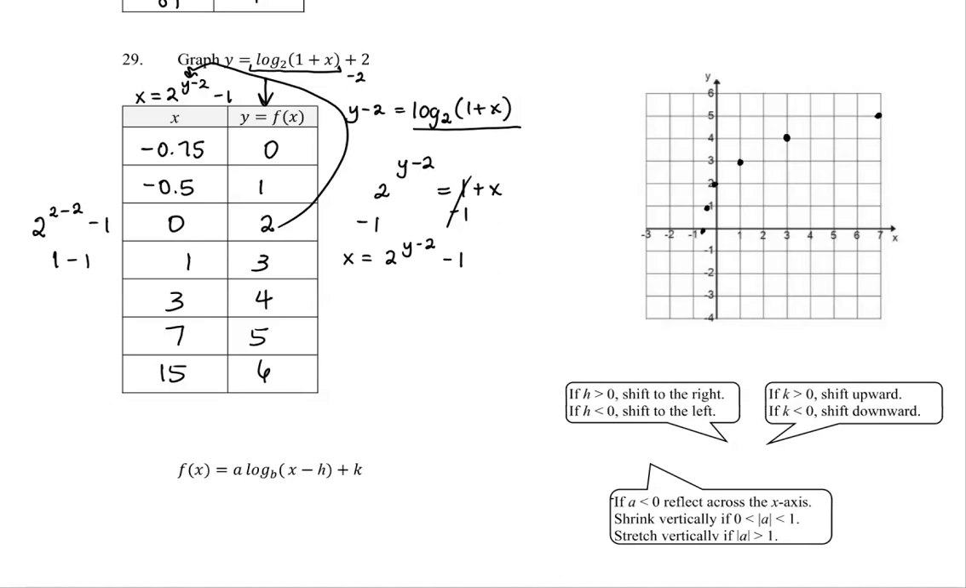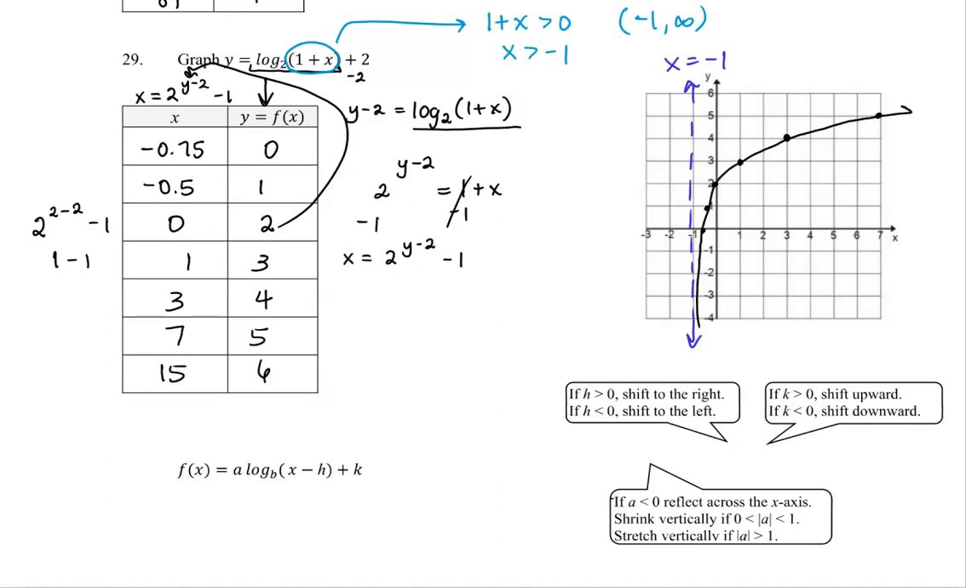Before I connect these points, we need to think about what the domain of this logarithmic function is. In order to find the domain for a logarithmic function, we have to make sure that what's being plugged in on the inside of the logarithmic function is greater than 0. So here I can see that the domain for this function is -1 to infinity. This function has a vertical asymptote along the vertical line of x is equal to -1. So when I go to connect these points, I want to make sure that we're not touching or crossing that vertical asymptote and that we're simply getting very close to it,